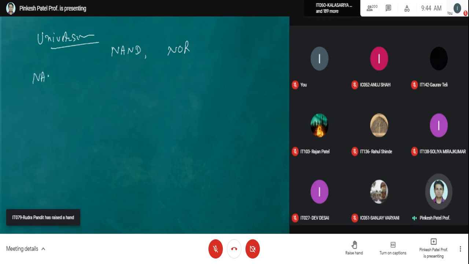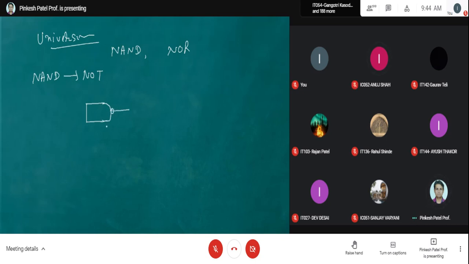By using a NAND gate, if you wanted to realize a NOT gate, what is the simple circuit behind this? You have to make a NOT gate from a NAND gate. So what is the circuit of this? Short the input, right? So the NAND gate will realize it this way.